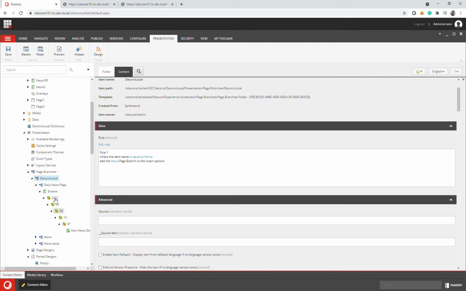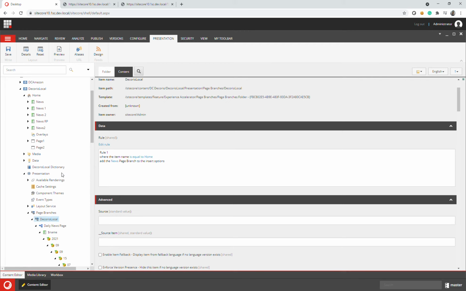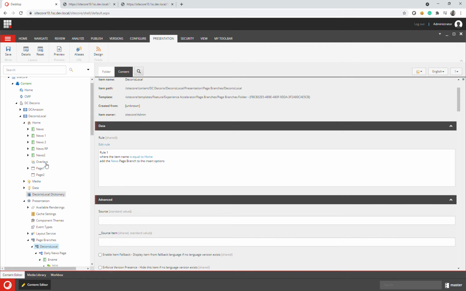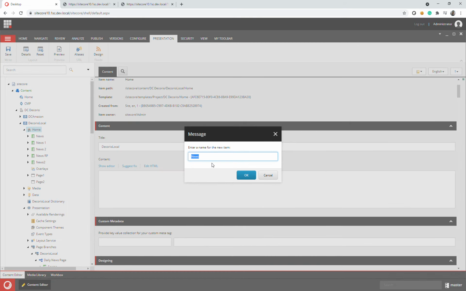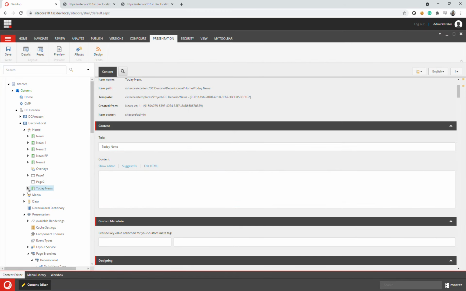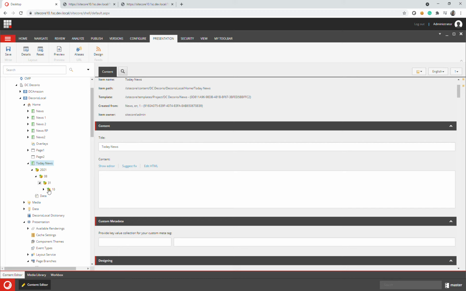So now after that you have done all the insert options, and we are good to go to create a page. If you go to this home page, you will see that it is showing in the insert option this page branch news that we have created. So now if I click on this new page branch, I am going to create a page like today news. If I click on OK, okay, today news is already created for me. So you can see if you expand that, the data folder is coming here, and you can see that it is coming